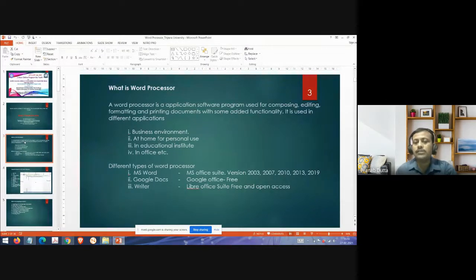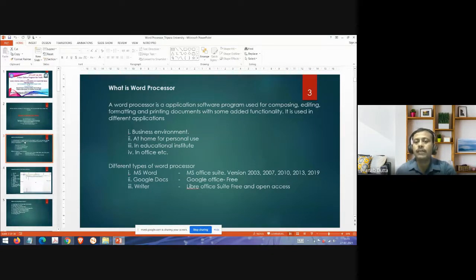Right? That means before MS Office or before the computer was there, everything was done on the typewriter. Those things we are converting to make it easy and simple, so anybody can do it with the help of the computer. All the work the typewriter is doing, we can do with a word processor. Along with this, we can use some extra features.